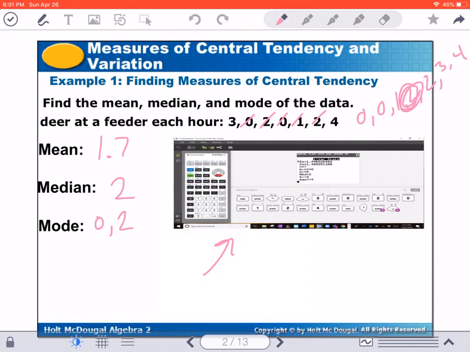Then we're going to hit stat, arrow over to calc, and then hit enter. Hit enter 3 times, and that's going to pull up all of your stats, right? So you see all the data that I have here on the screen. Okay, you see all of this data. Well, obviously, X bar, we've talked about that before. That is actually your mean, and we do see that our mean here is about 1.7 when we round it,